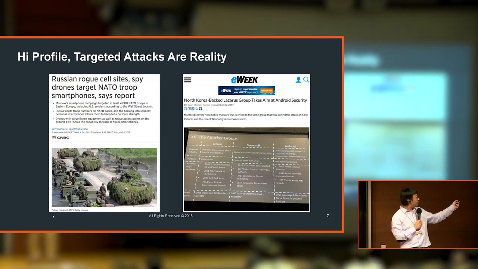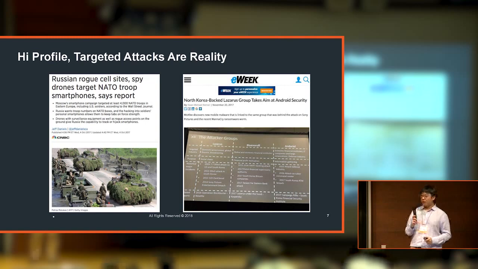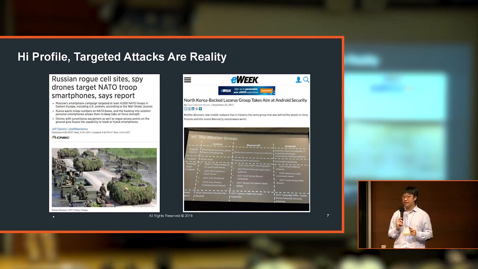One is the example of the Russian army. They were found to be hacking the NATO troops. The technique was using a rogue access point called Pineapple, or similar to Pineapple.